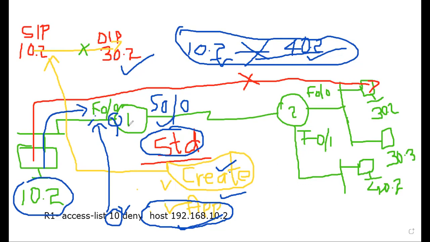Same result, because it's applied on the same router. Because my destination is far away from here. So where do I need to apply exactly? I need to apply this statement exactly on this interface. Are you clear?